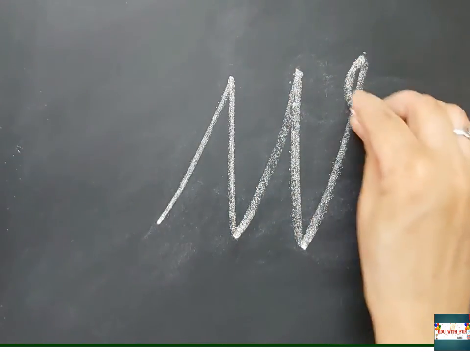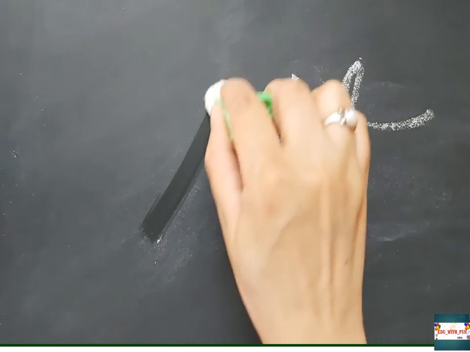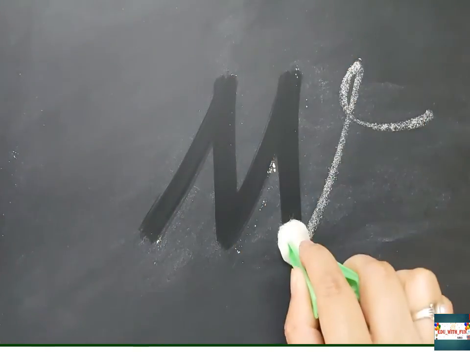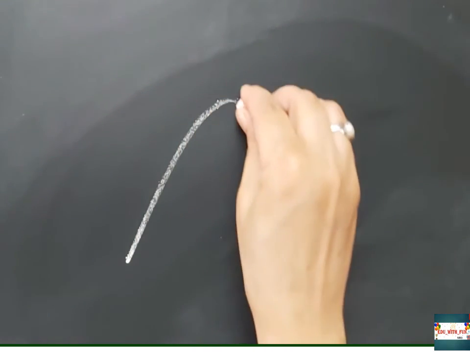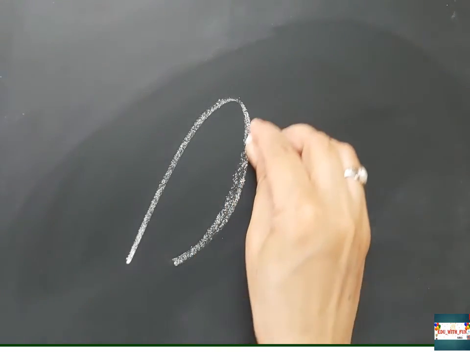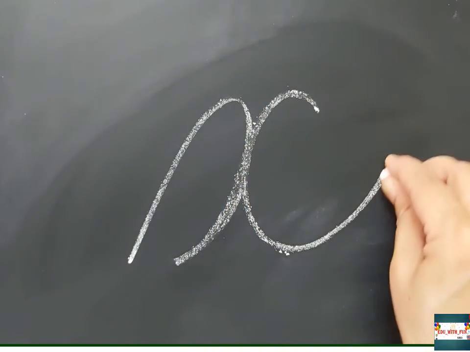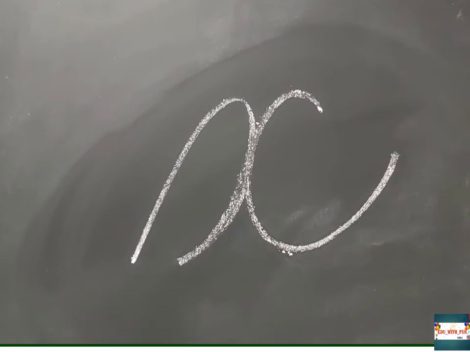This W, again you can see there are so many slanting lines. So in the same way, tell the child that the first line is very important because it's joining to the previous letter. Once they understand how to write the curve letter, ask them to join it and write it. Even you can assist them.